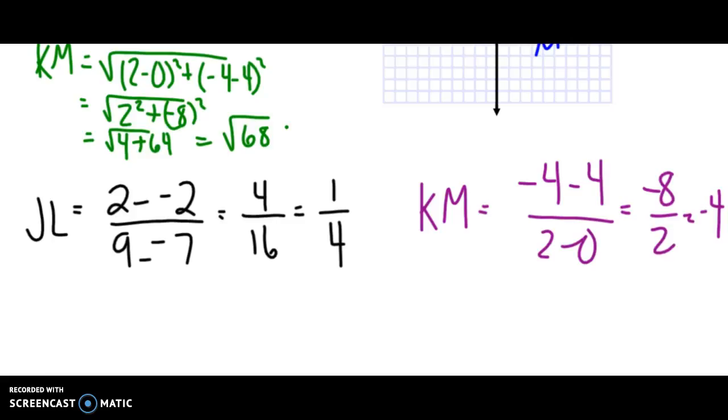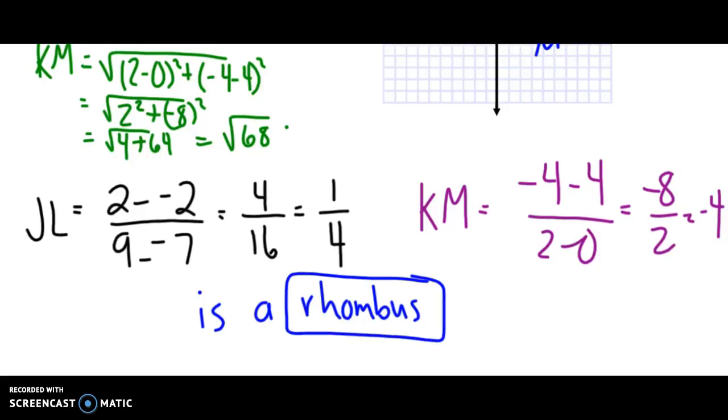So you'll notice that they are opposite reciprocals of each other, so this is a rhombus. Okay? So it is a rhombus. And obviously then you can tell that it's probably not going to be a rectangle because it doesn't have 90-degree angles at all four angles. So the only one in which it is a rhombus, not a square, not a